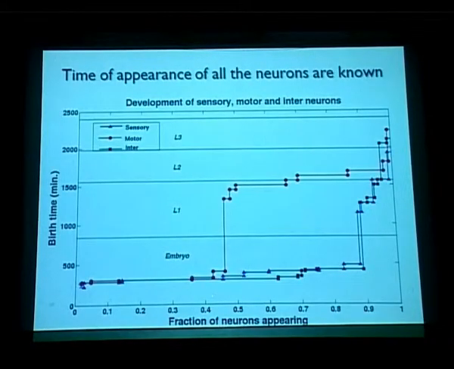One of the first things we looked at is, if you look at birth time, then what is the percentage of the different neuronal types which appear at the different stages of the organism. So C. elegans neurons are divided into, as we have already heard, sensory neurons, interneurons, and motor neurons, depending grossly on their function. And we have divided in this image